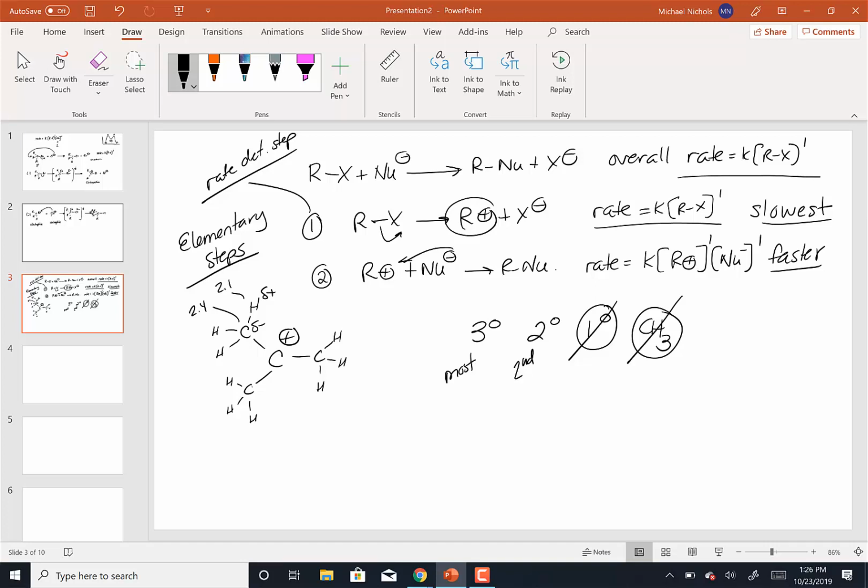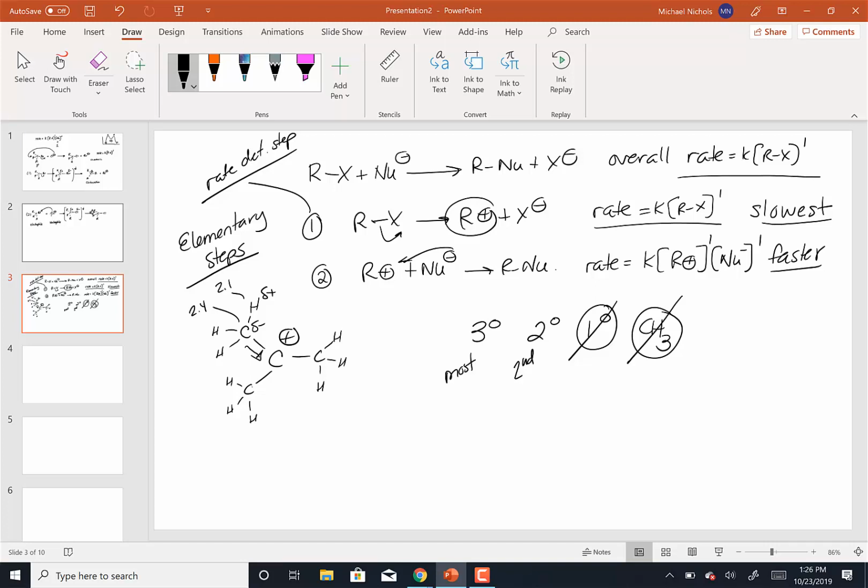9 times out of 10, we call it a covalent bond and move on. This is the one time when we need that difference. So what does that mean? That means every alkyl carbon, every carbon of the alkyl group has a little extra electron density. Where did they get it from? The hydrogens that are attached to them. What can they do with that negative charge? They can push it into the carbon that needs electron